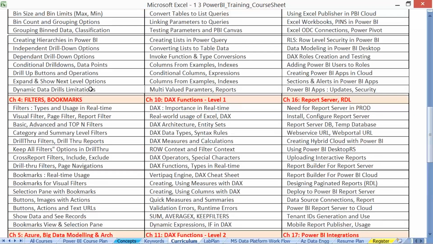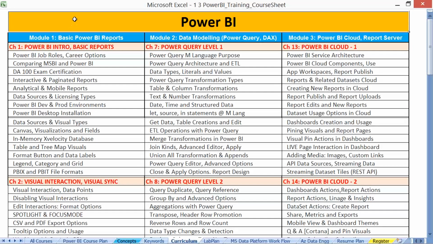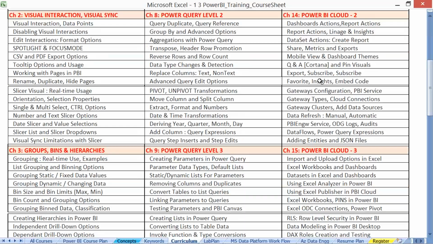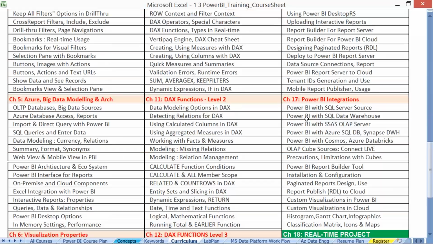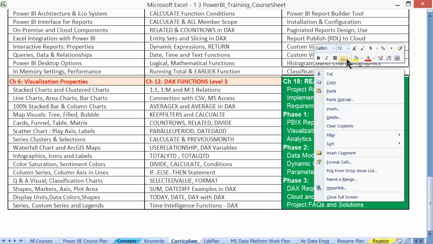And here is the complete day-wise roster, or the chapter-wise content, or the video-wise content, in case you are looking for the on-demand videos. Each video is about 20 to 25 minutes, and there will be 2 such videos per chapter, planned for about 1 hour per chapter. There are 18 chapters, including the project, so 18 into 2, in general 36 videos. And you have to plan to practice on time throughout the course.